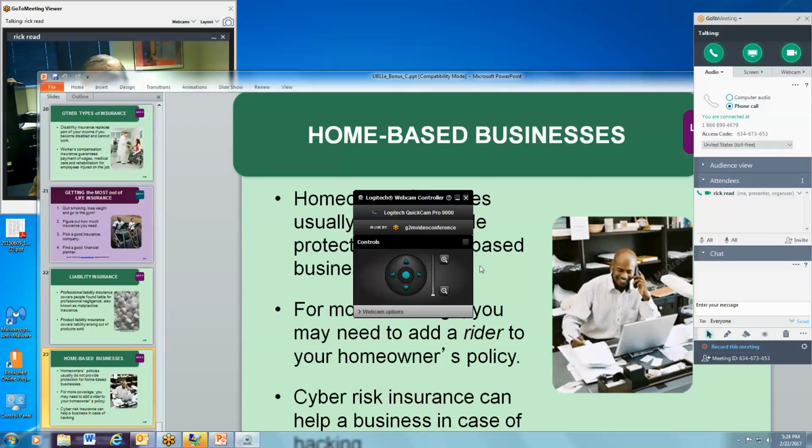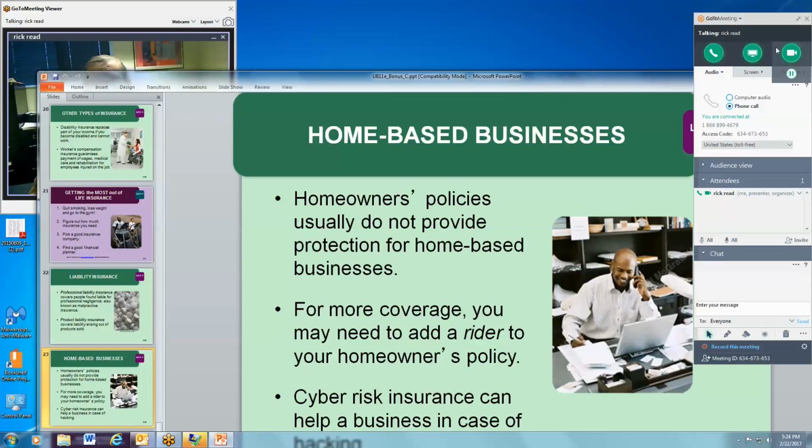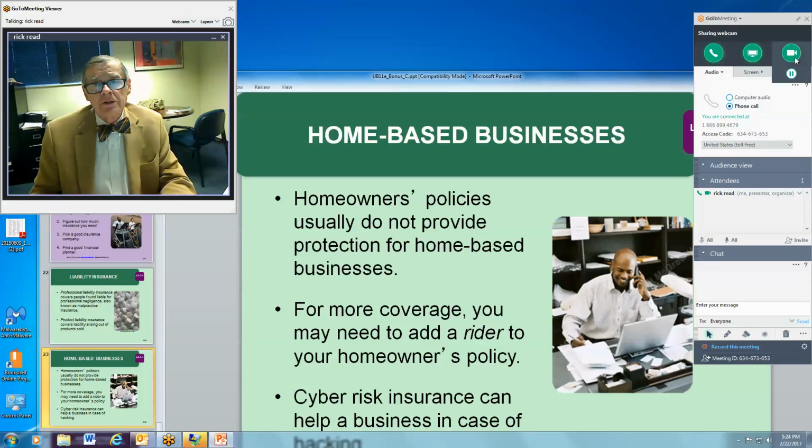Home-based businesses, and as you know, or at least I hope you know, with the continued rise of the internet, we're finding more home-based businesses, people using the internet to sell things. You have to make sure that your insurance policy covers the home part of your business, or the business part in your home. And many policies don't. So you need to make sure, talk to your agent, make sure what you have to do.